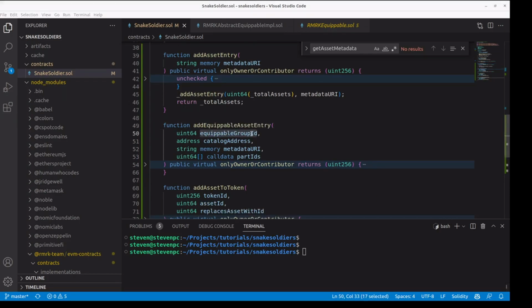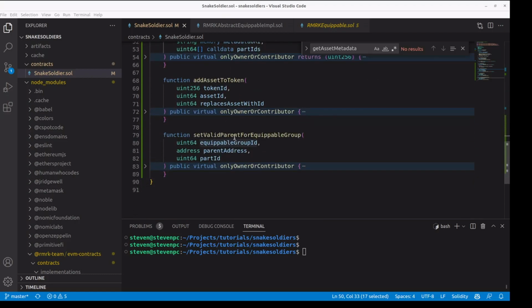Equipable group ID is a way to group different assets that will have the same behavior. Going back to the swords example, let's also say that all of them can be equipped into another specific collection. We want to make sure that only valid equips can happen, so we need to tell the contract that all of these swords can go into a specific collection at a specific slot, but we don't want to do it 5 times. We want to avoid spending gas as much as we can, so we just give all of them the same equipable group ID. Then we will call setValidParentForEquipableGroup to tell the contract that every asset with this group ID can be equipped into a parent at some specific part.